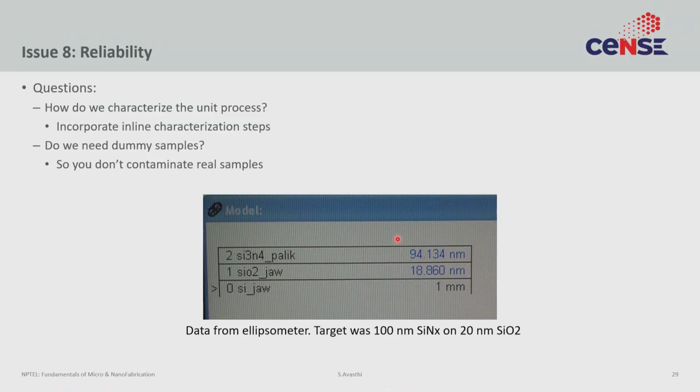The final issue I would like to highlight is the issue of reliability. Often in academic circles, reliability is not given its due weight. Right? The goal is to show that one successful device, write a thesis, write a paper, and move on. But the fact of the matter is, to show technology, you always have to show repeatability. You have to make the same device again and again and make sure it performs the same way.